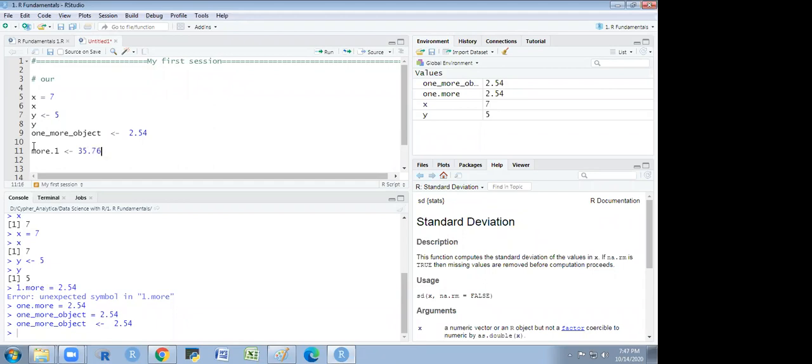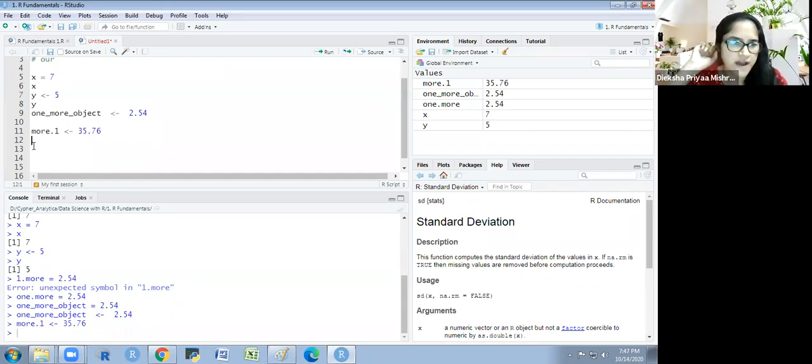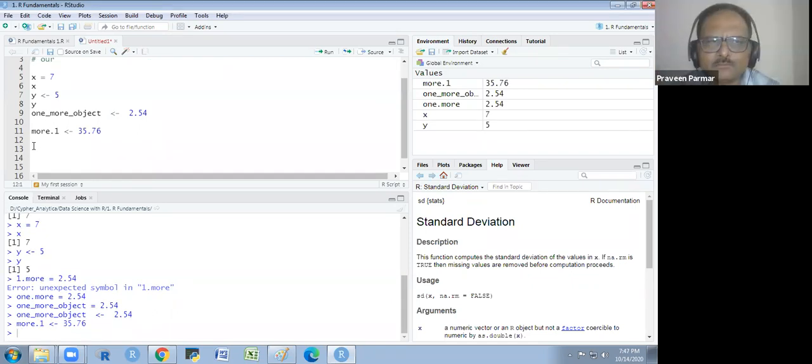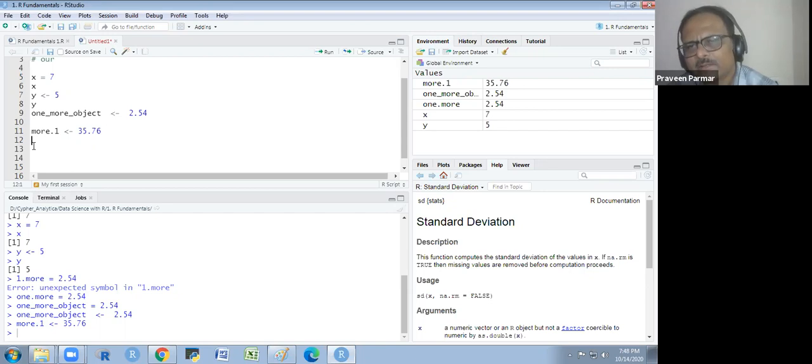So why does the order change in the global environment? I mean the 8th, 9th and 11th scripts go up to the first place, no? Number should not be at the first place, at the starting of the object name. In the end of the object name you could write the number. One dot more dot one, there is no mistake. Sir, why? That is an algorithm of R. If you write the number first, it will not read. The algorithm is like that in R.